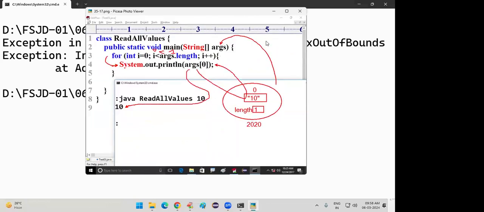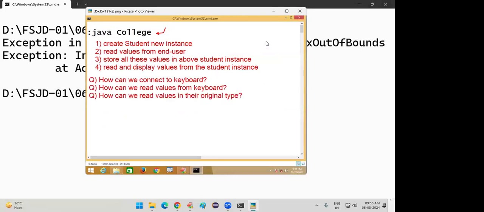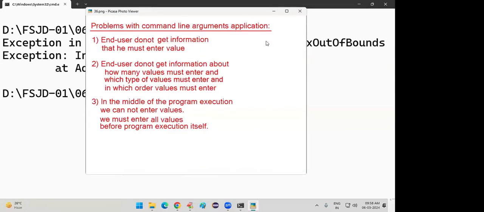Problem with the command line arguments application. These are the 3 problems. You want to write them as a single point. We can combine all the points into one. End user doesn't get any information